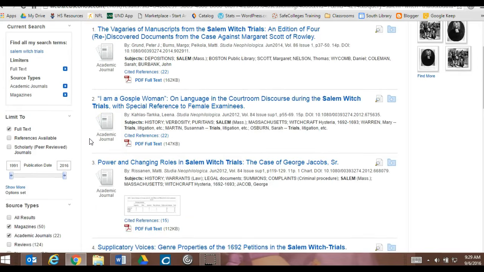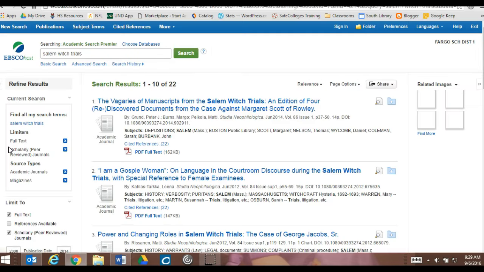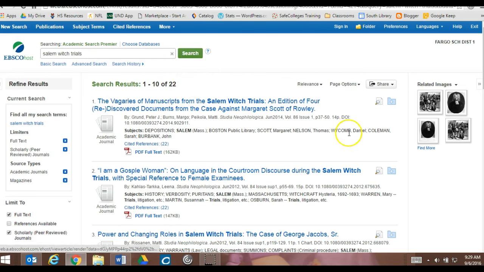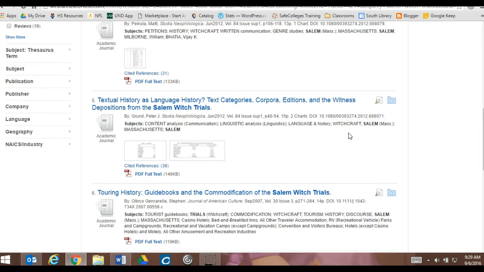So another thing that I can do, I can look by publication date if I'd like to, or I could look at only those articles that are scholarly or peer-reviewed. So these are not just an article that someone wrote and sent off to a magazine to publish. There was a group of people who were sort of experts in the field who read over and fact-checked these articles before they were published. So now I'm down to 22 sources, which is a much more manageable list. So now I can look through these